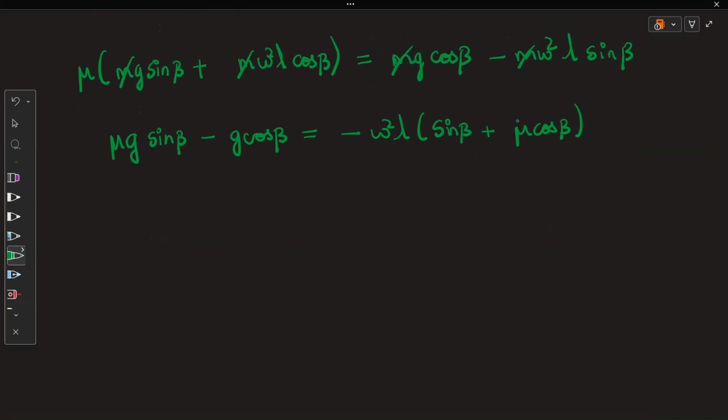Let me cancel the negative parts. So what I get is g by L into cos beta minus mu sin beta,